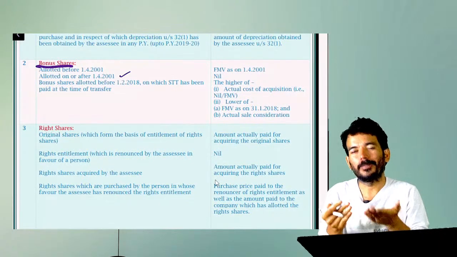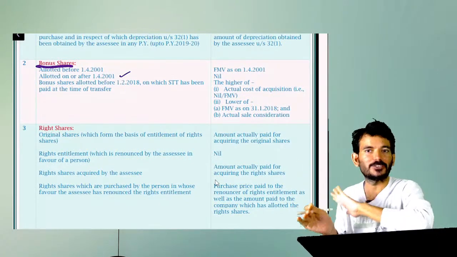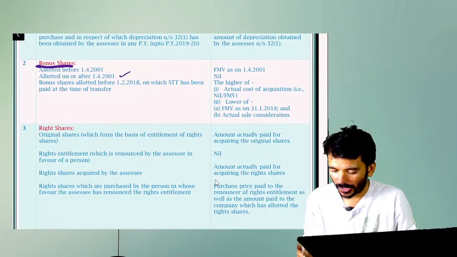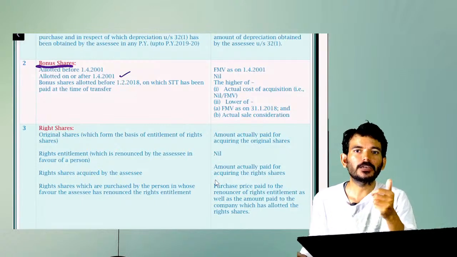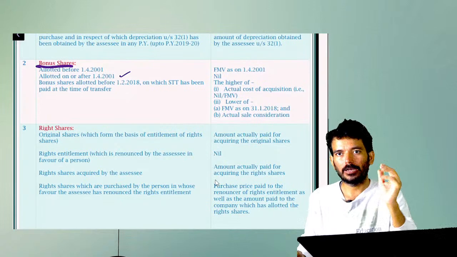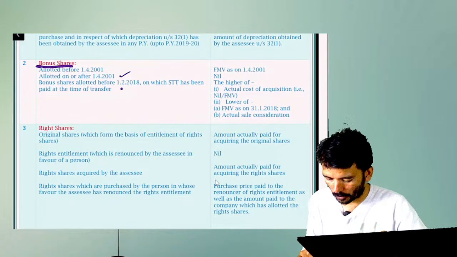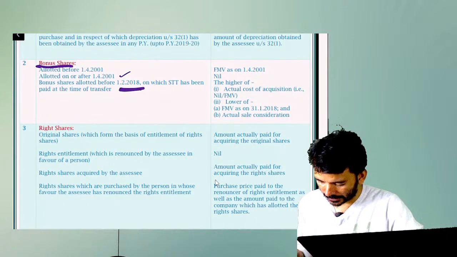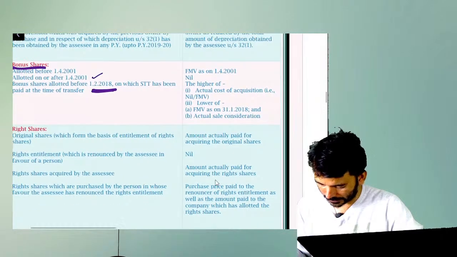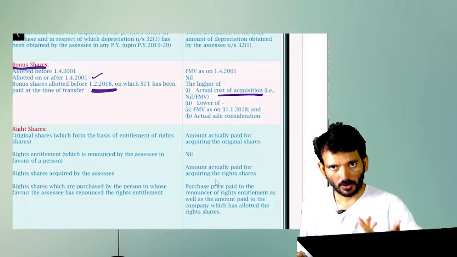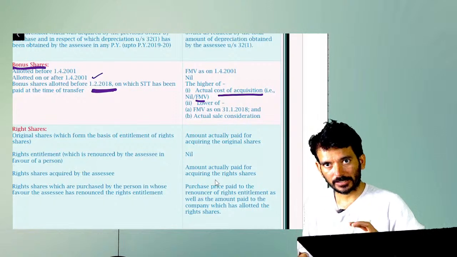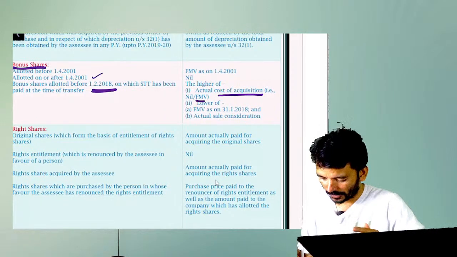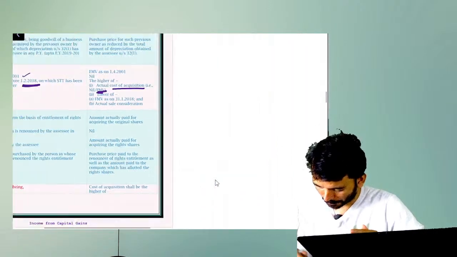Where is the cost involved? We are taking it before 1st April 2001 or after that, it should be 0 only, but because we take advantage of the words given in the section, you have an option to take either cost or fair market value on that particular day, whichever is higher. But if the bonus shares are allotted before this date, then you have to do like this: actual cost of acquisition, obviously nil. And if the bonus shares were given to you before 1st April 2001, fair market value, see, I'll put it this way: